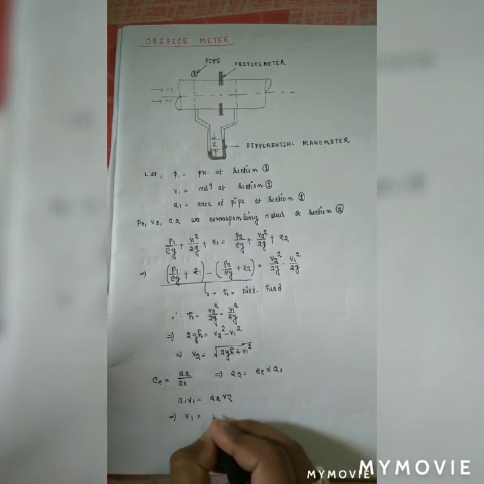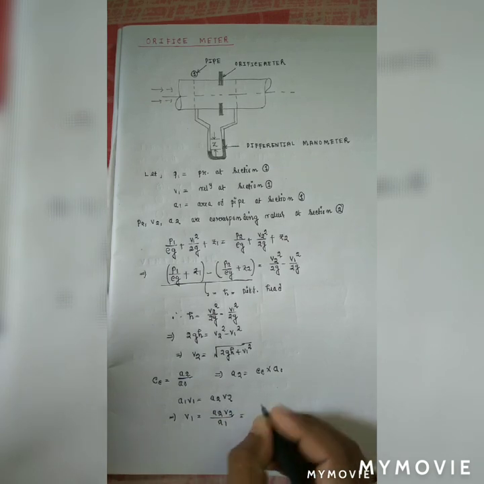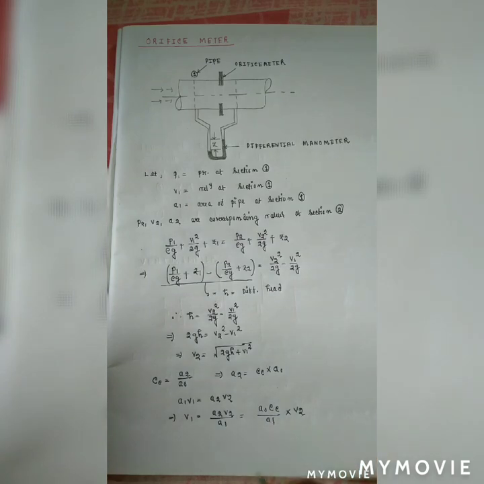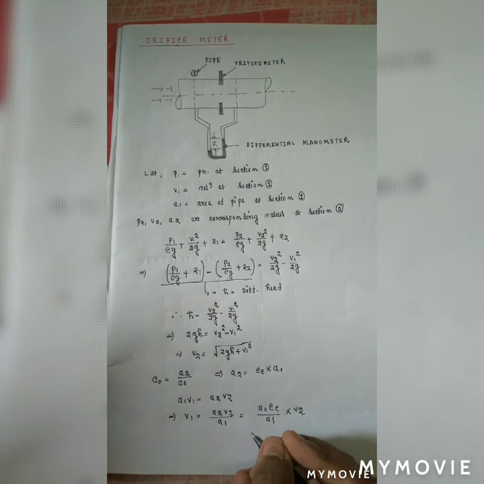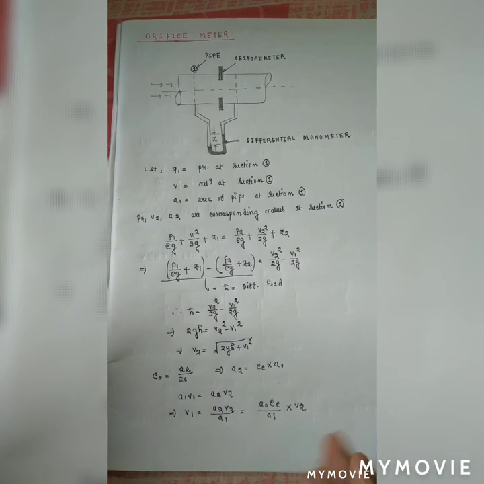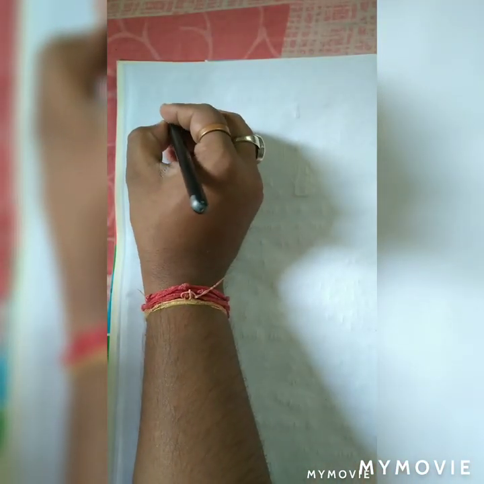Here we also apply the continuity equation for sections 1 and 2, so A1 V1 equals A2 V2. From this, V1 equals A0 Cc by A1 into V2. So V1 equals A0 Cc by A1 into V2. Now putting this value in the previous equation for V2,